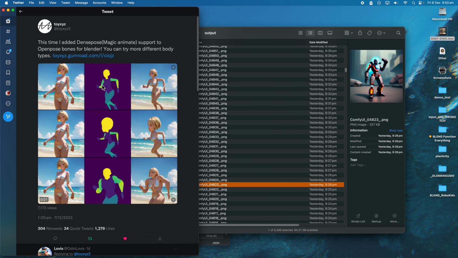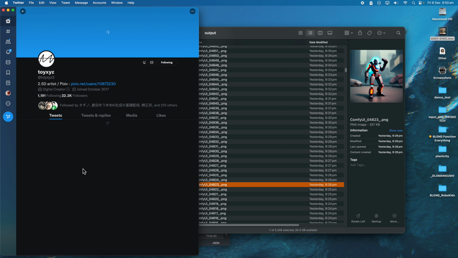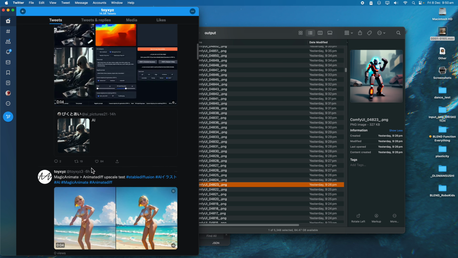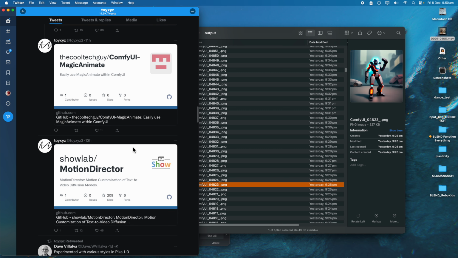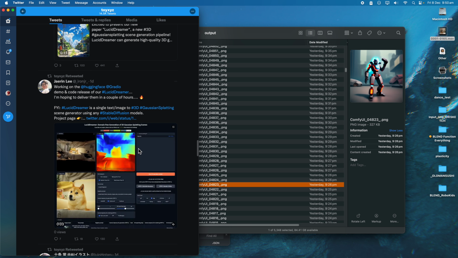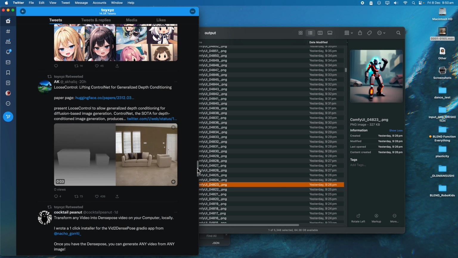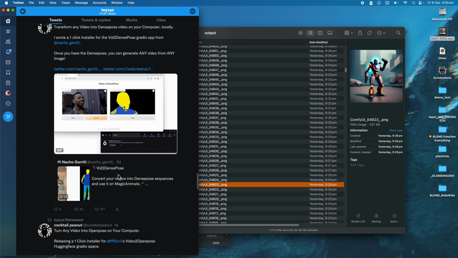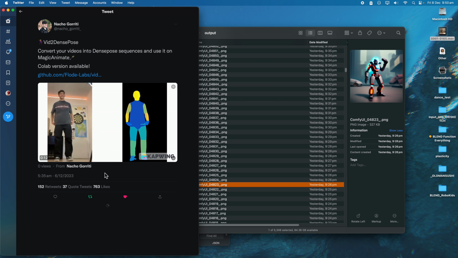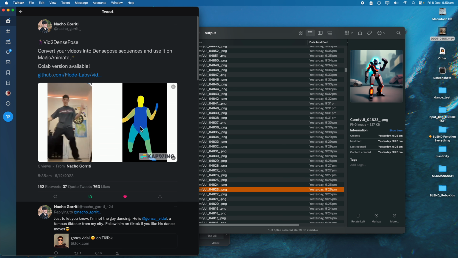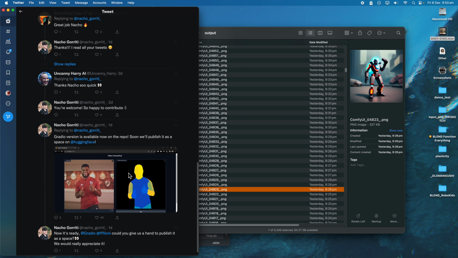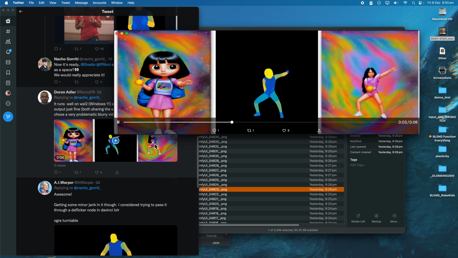Magic Animate, yeah. In this case, toy XYZ has been experimenting with an anime type, but anyhow, it's using DensePose. You can diffuse animations. Okay, this is video DensePose, another example of a DensePose dancing character. So you have a reference person dancing, and this is the DensePose pre-processing, and from here you can actually diffuse it into something else. You can apply it to a character like this,